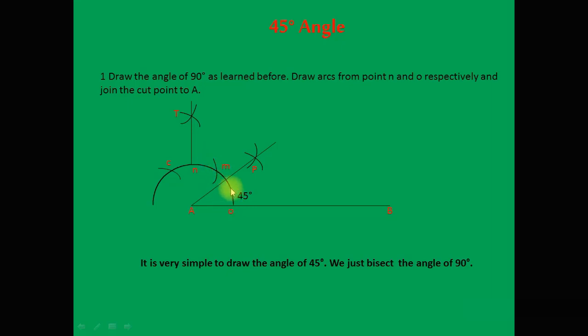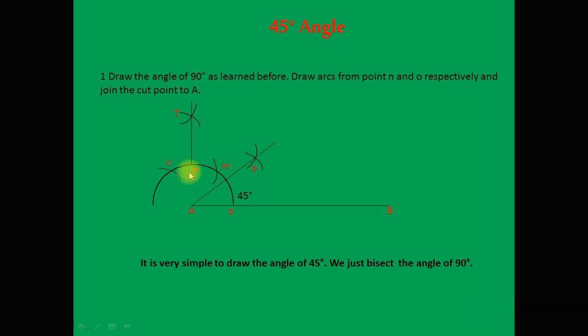You will get an angle of 60 degrees. And then put the compass at this point M and draw another arc. You will get another 60 degrees, from N to this, from M to C. Now put the compass at this point M and draw an arc above here, and then put the compass at this point C and draw another arc above. When these two arcs join each other, join this point to this point A. You will get here, from this point O to this point N, an angle of 90 degrees.